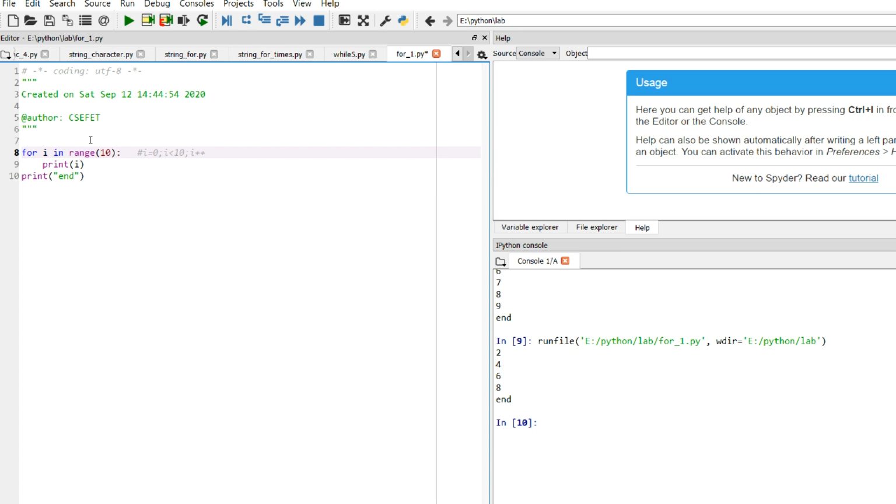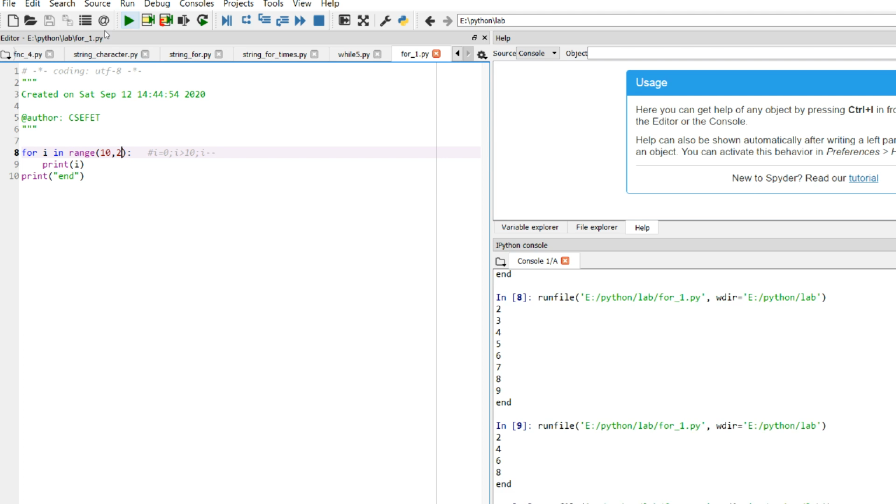There are other variations also, where we can start from a bigger number and end on a lesser number. In this case it will decrement. Instead of incrementing, it will check as long as the value is greater than the end value, and instead of plus plus it will act as minus minus. So this can also be done in the range function, where we start from a bigger number and end at a lower number. For example, when I run this program, you see